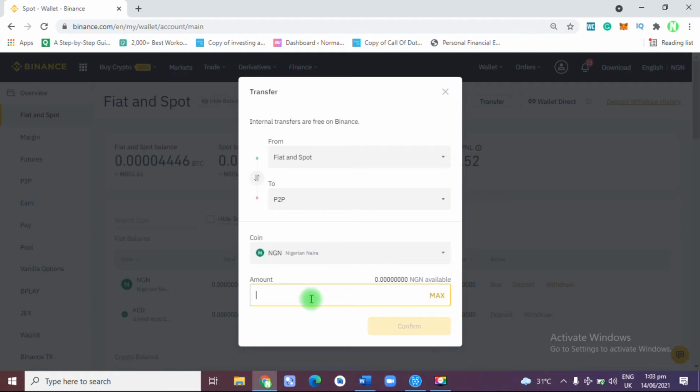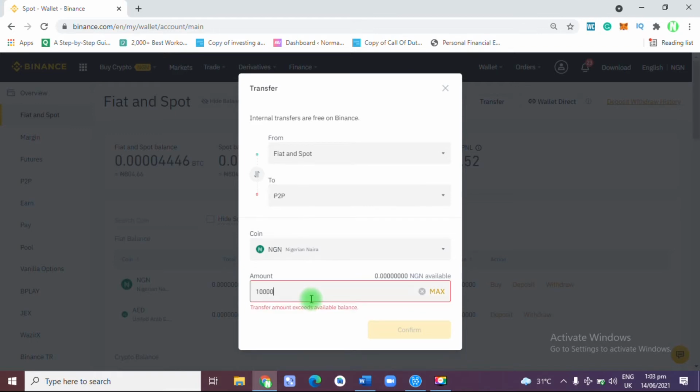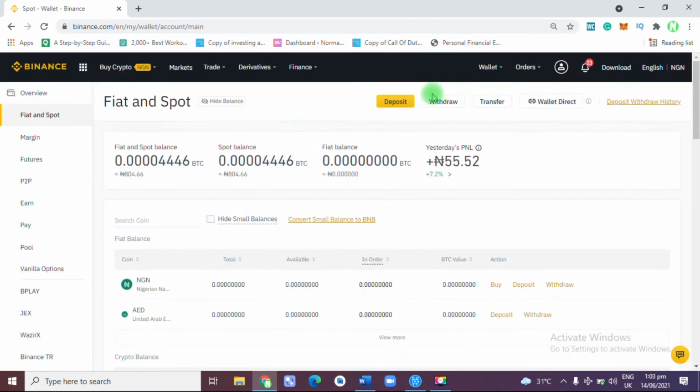Now in the amount, I have to select how much I want to sell. Remember, there are no charges for all this. Take for example, I want to sell 10,000 Naira worth of this. I just put there 10,000 and I'll click confirm. As soon as I click confirm, the money will be deducted from my Fiat and Spot and will be sent